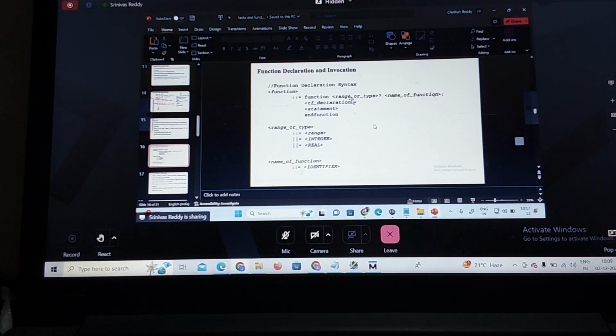So function followed by what? Range or the type, then followed by what? Name of the function, then the function declaration, then the statements of the function. If multiple statements are there, you should group them in begin and end, then end the function. The range or type can be a range like 7 down to 0, 15 down to 0, and the type may be what? Integer, real,